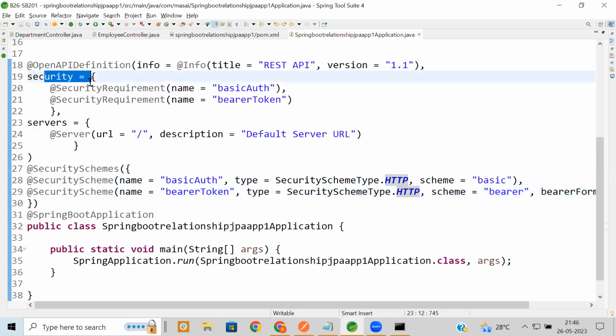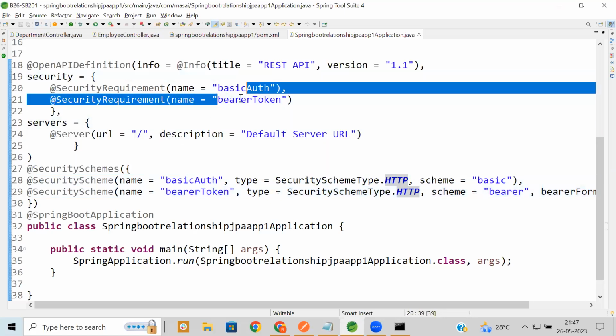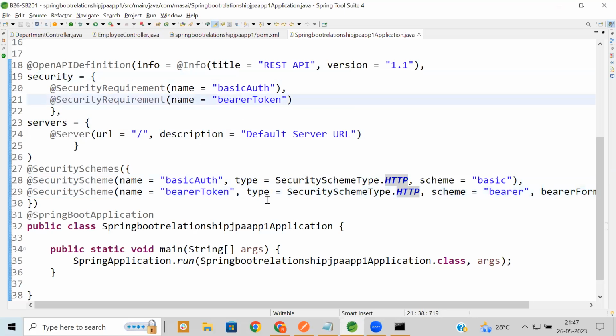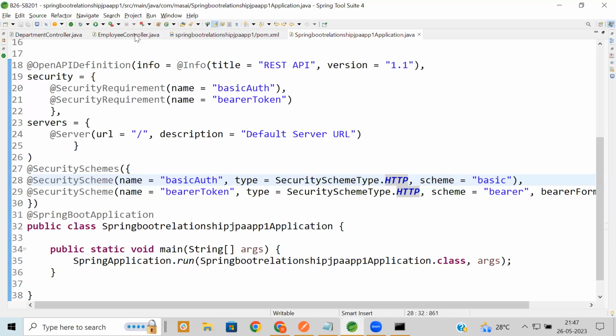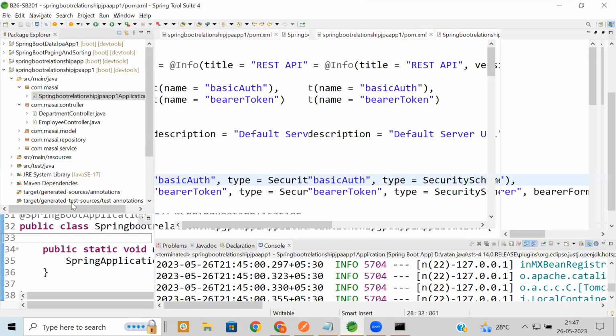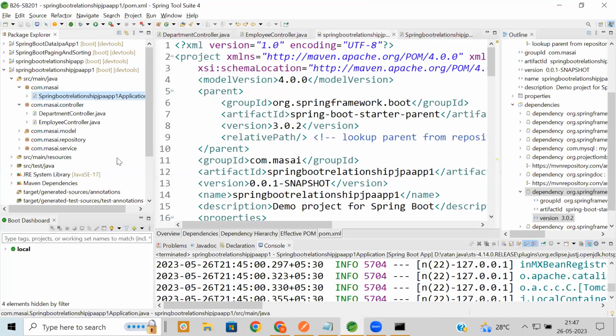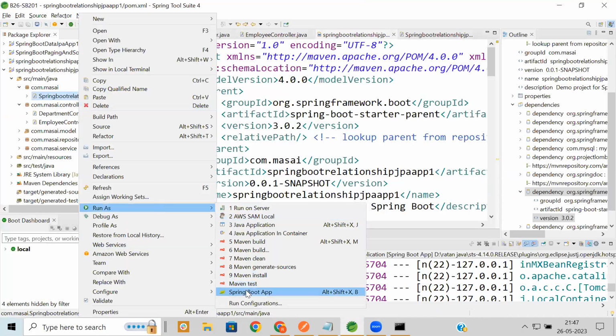Right now you may not understand this basic auth and bearer token, but very soon when we start security you will. For now, just understand that if Spring security is enabled in our application, you need to apply this configuration. What will happen then? Let me show you. Now, if I launch the application,